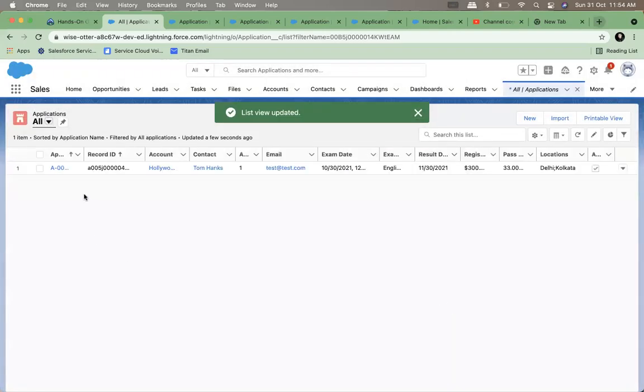See, in this table, only one record got created because you filled everything. So basically, in every field, you are filling a column value, isn't it?